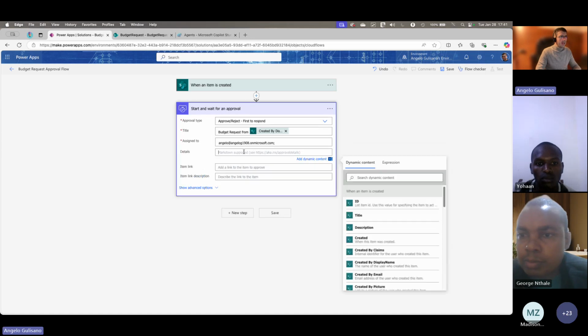And in details, you can compose your approval contents with Markdown.